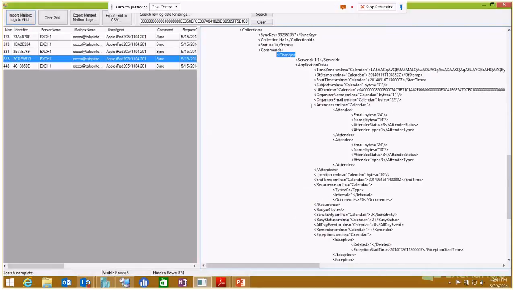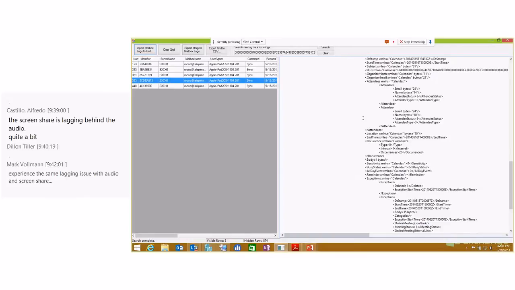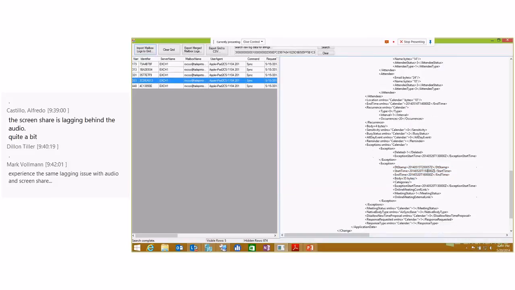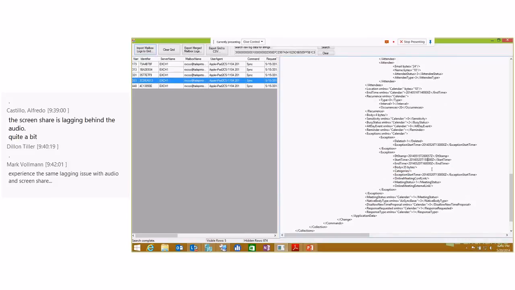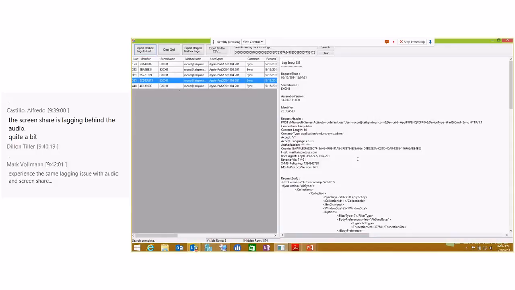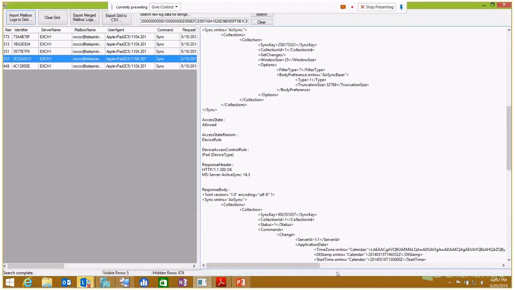So the question now becomes, okay, well, did it receive this response and did it process it? And we can see here there's a later sync request at 448. So it was still sending requests afterwards, but why did it not make this change on the device? For this issue, we had to dig really deep. And if you look at the exception start time, this DTSTAMP is the change timestamp, last modified. And we can see that that was at approximately 8 o'clock